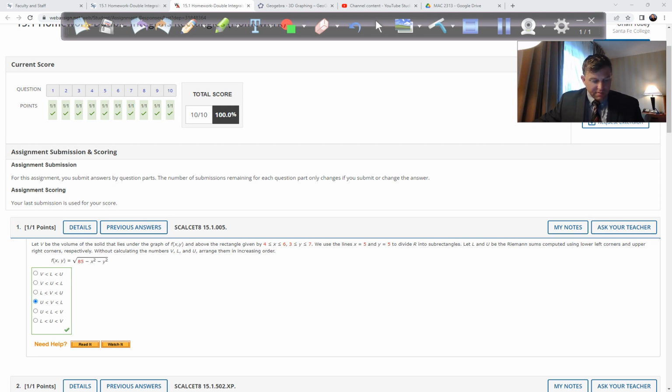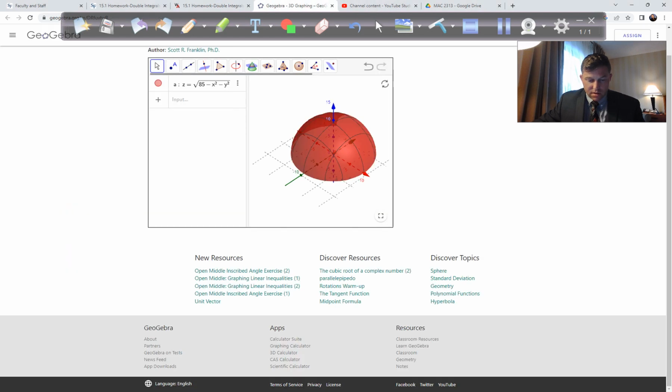So V is going to be the volume of the actual solid, and then L is going to be using a lower left corner, and U is going to be using an upper right corner, respectively. Okay, so here is the picture. So this is what the surface looks like. It's half of a ball, basically half of a sphere. And so